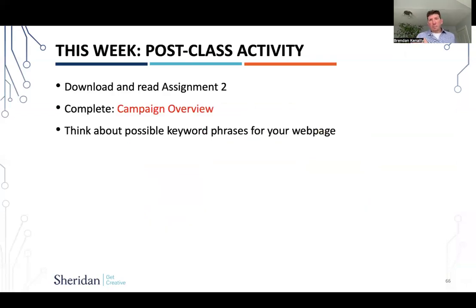Now, for this particular assignment, you only need to do one. So this is just an assignment. So you're going to figure out one search phrase for your persona that you think they would use, and then you're going to design your site to match that search phrase. And then when we post it, Google will actually index your page, and you will be able to type it in and see if you're showing up on the first page. And that's really the test here. Can you design a page that shows up when somebody is typing in the search phrase that you're targeting, right? So hopefully that makes sense.